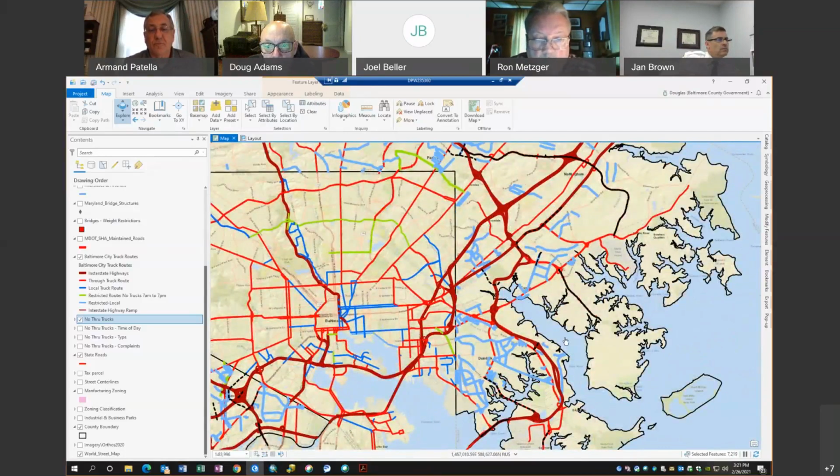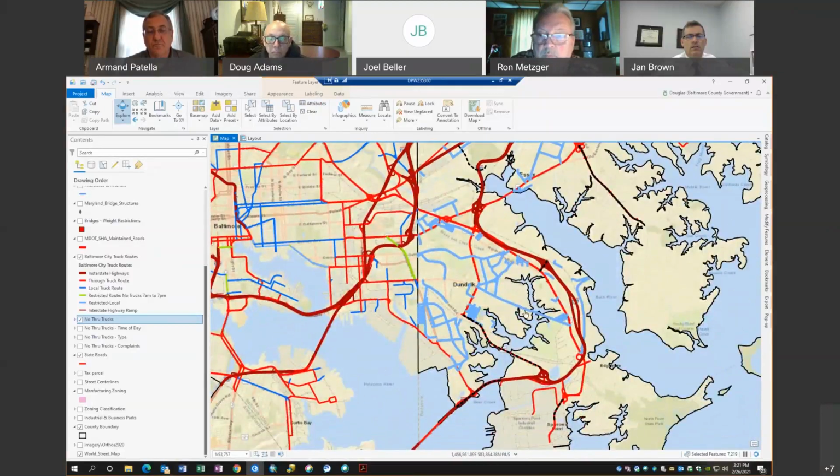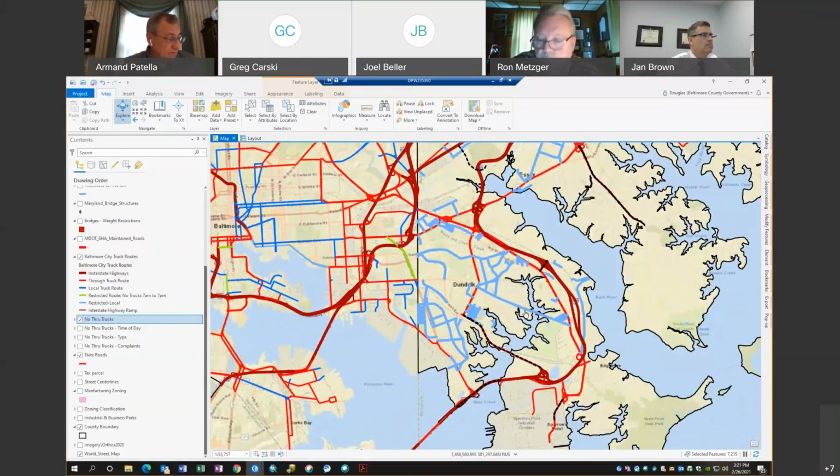So I guess the broader question here, since we haven't identified any in the Dundalk area, is are we saying that in our map of places to avoid, the places that are currently restricted note where the problems are, and it's more of a we need to fix with enforcement through cameras? I wouldn't disagree with that. I think that's a fair statement. I agree. I don't know about enforcement with cameras, but enforcement, yes. Right.